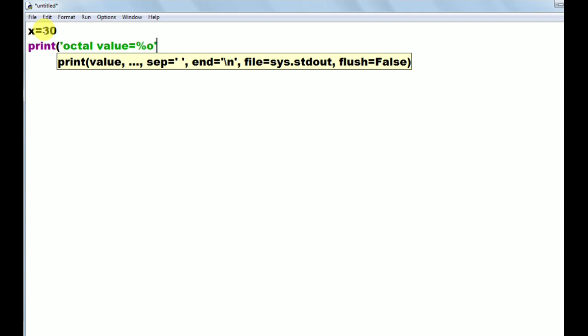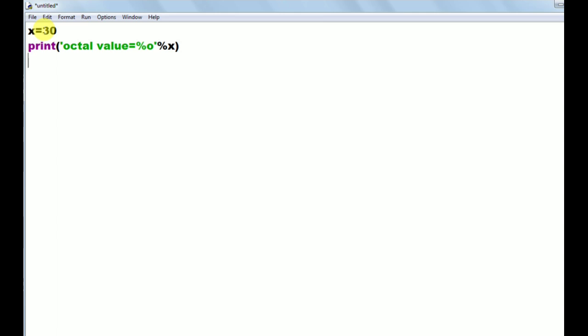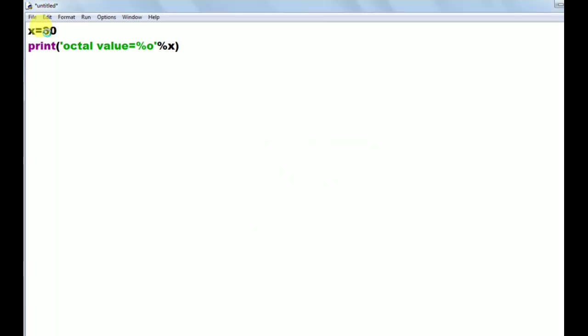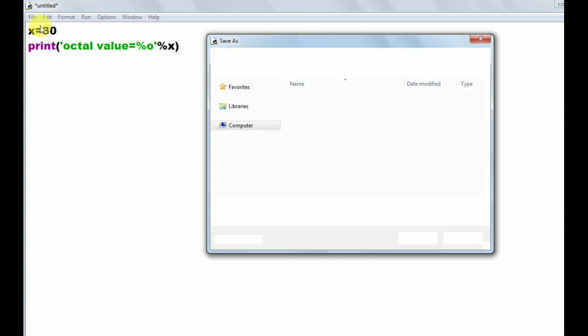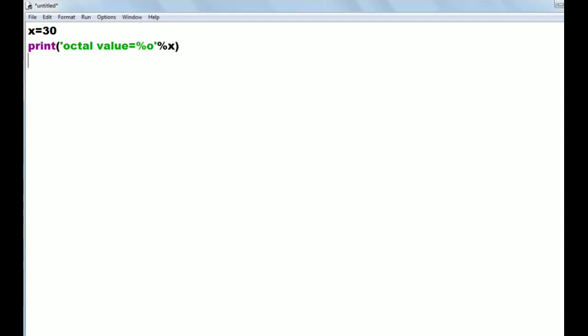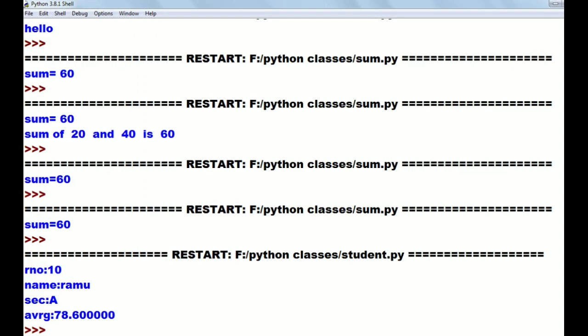Bracket close. Now I am running this one. I am saving this program with the name oct. Now it printed the octal value as 36.